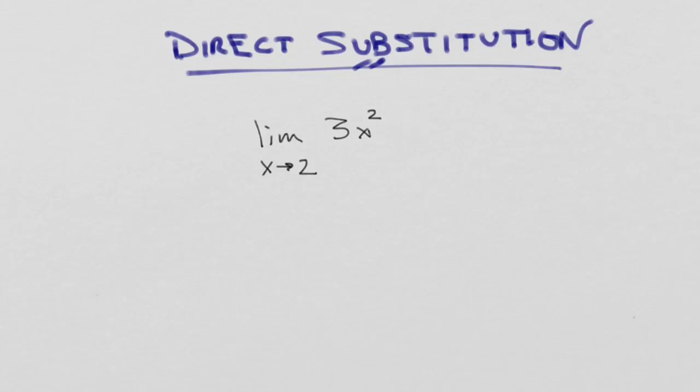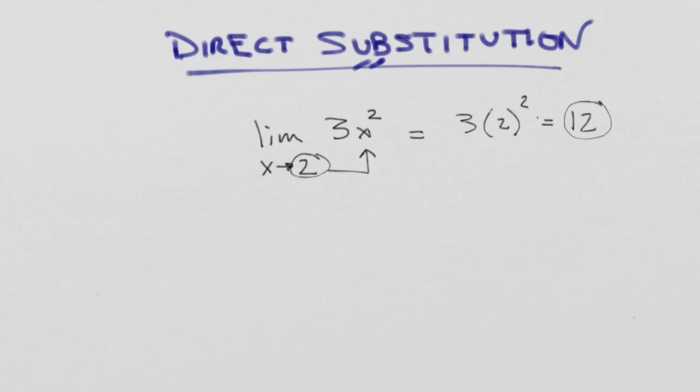And if the answer is yes, which it was, as I've already shown you on the graph, then what I can do is evaluate this limit simply by plugging the point in. So the point being 2, I'm going to plug that in as my value of x. So I get 3 times 2 squared. 2 squared is 4. 4 times 3 is 12,